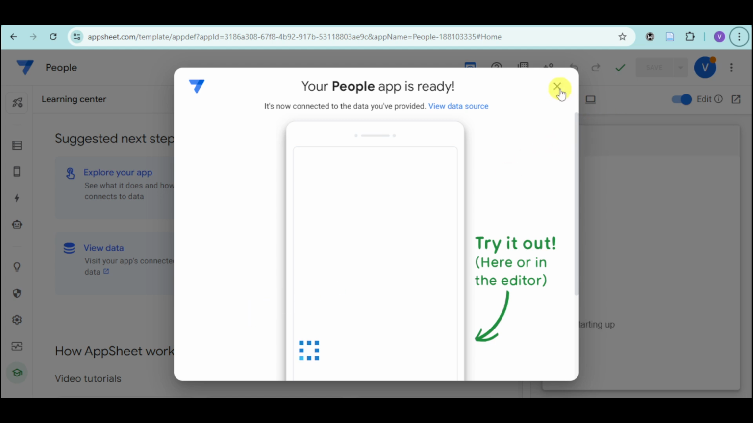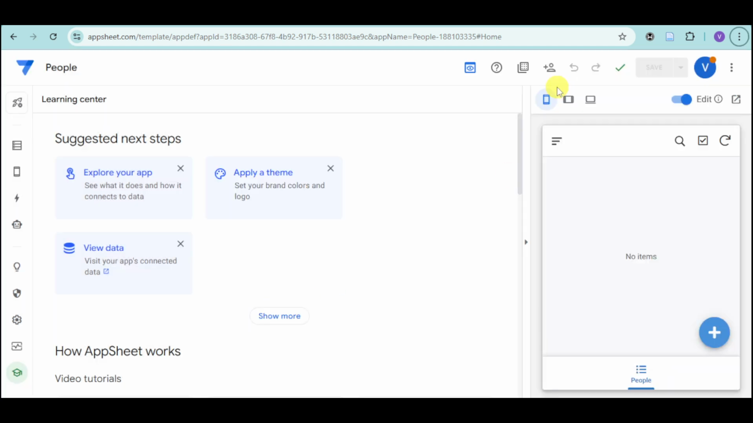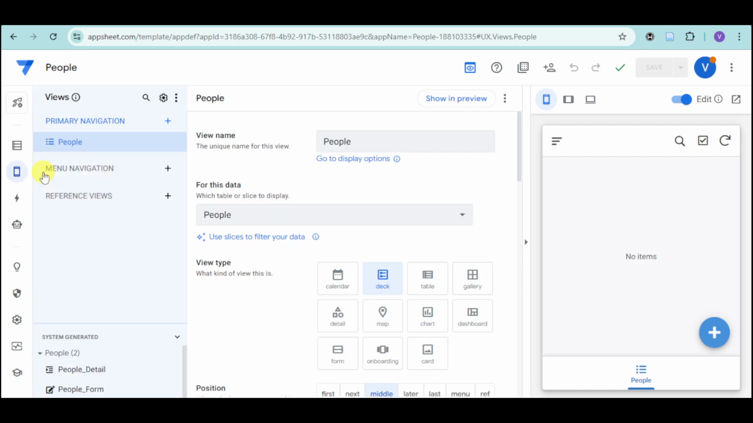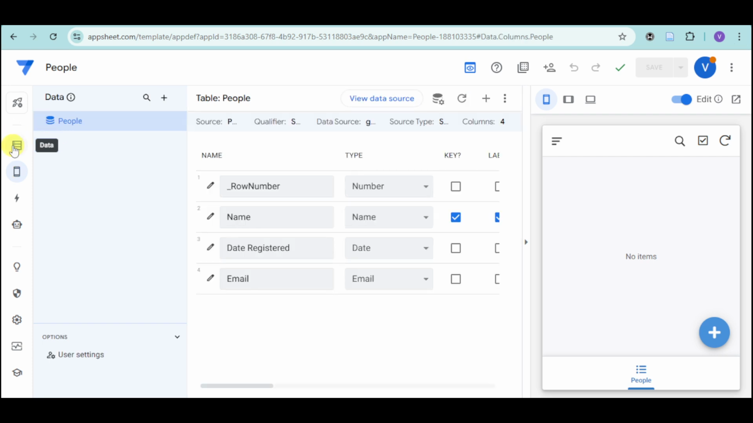Now once the app is created, it will take you to the editor, which is right here. Here you can edit the views like table and form from the UX tab, which is right here. Here, you can also click the data tab right here and adjust the columns, type, and validation. You can even rename the app and upload an icon. You can also preview your app so you can test adding a record and it will automatically update your Google